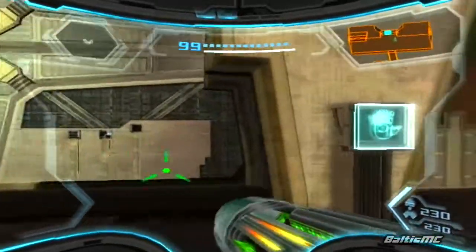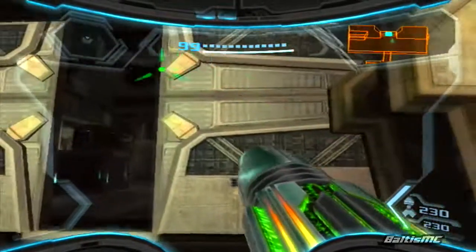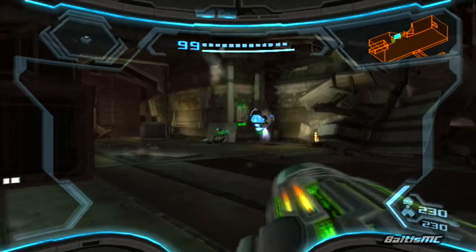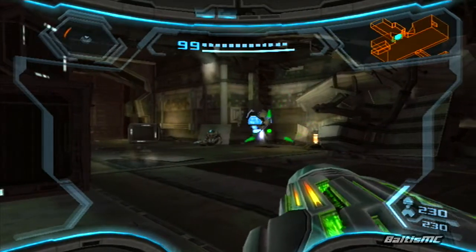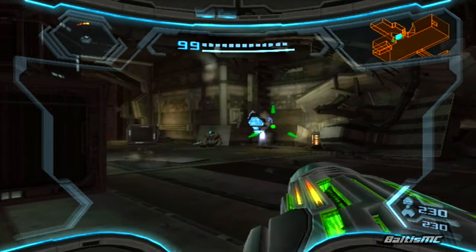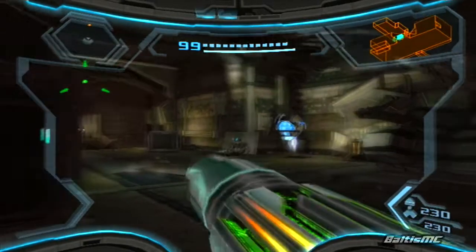Alright, beautiful. So now let's just go ahead and use this panel that activated to open up this doorway, and there we go. Now the first thing you might notice once we open up this door is this terminal over here to the right. Now there are 9 of these terminals throughout the ship, each one corresponding to one of the energy cells in the game. And these terminals will give you information about a specific energy cell, whether you've acquired it or not,